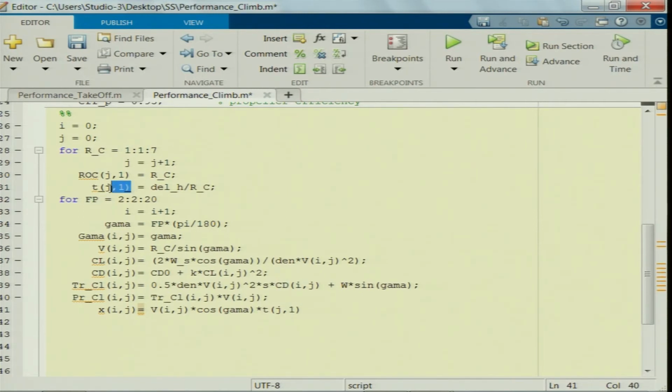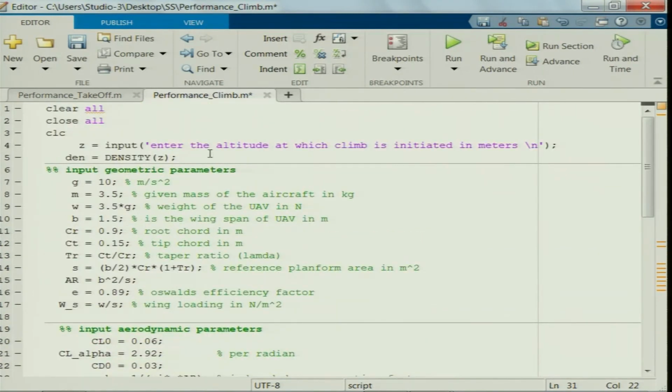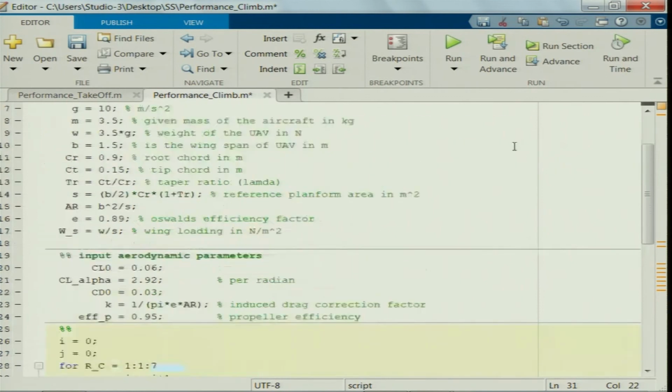So, when you fix the difference in the altitude, the time required to climb that altitude depends on the rate of climb. For each iteration the rate of climb is fixed for the outer loop, and delta h is already fixed. It has to climb about 1000 meters.